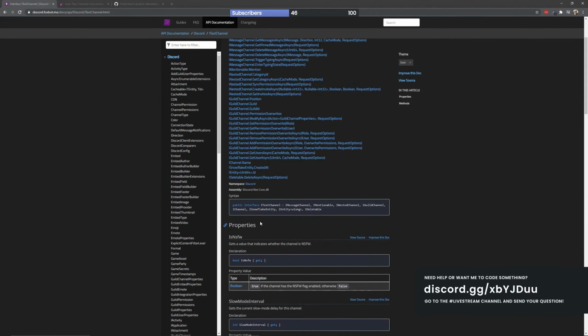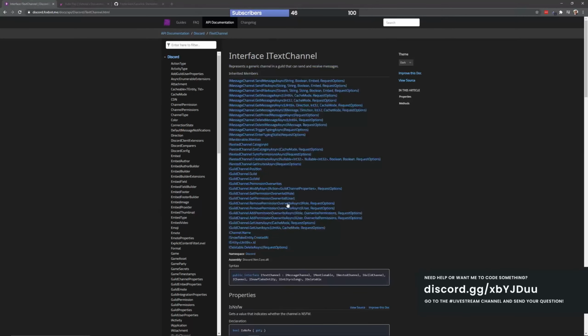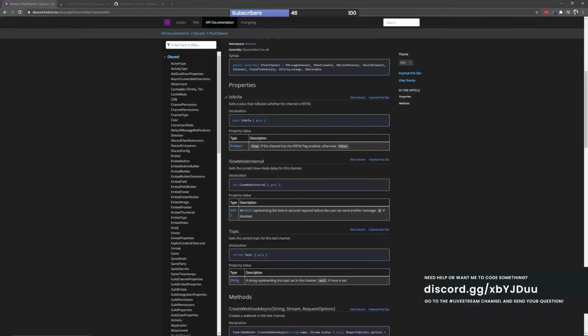However, why is there no title of the channel? A good question. Like you can see here, those are inherited members. What that means is that most of the things you'll see here are inherited from another type. For example, ITextChannel is also inherited from IGuildChannel. This ITextChannel doesn't only have an NSFW property and a SlowModeInterval and a Topic, but